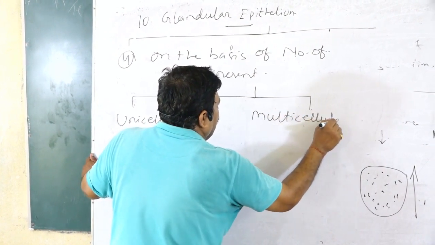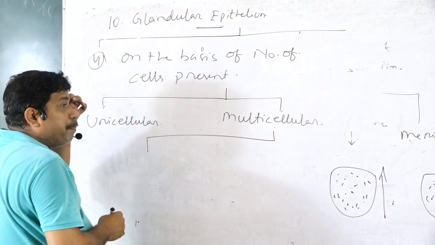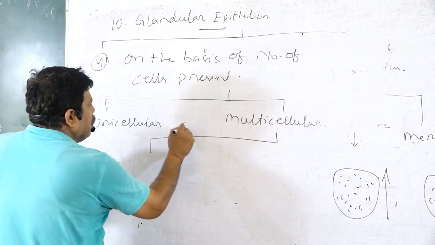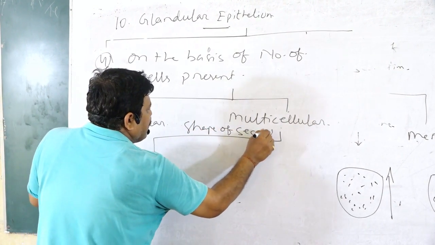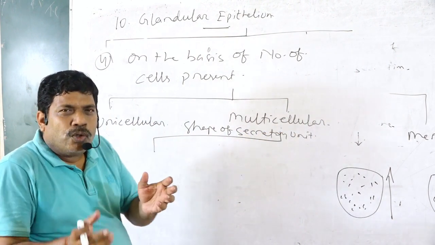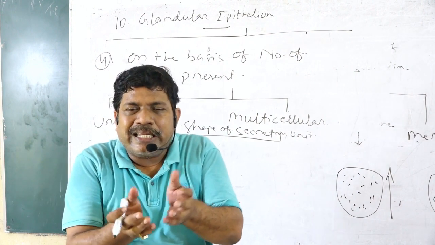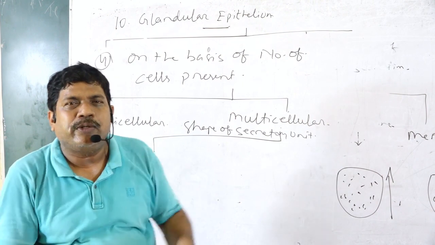The multicellular gland again, on the basis of the shape of secretory unit, the shape of the secretory unit from which it secretes, on the basis of the shape of secretory unit